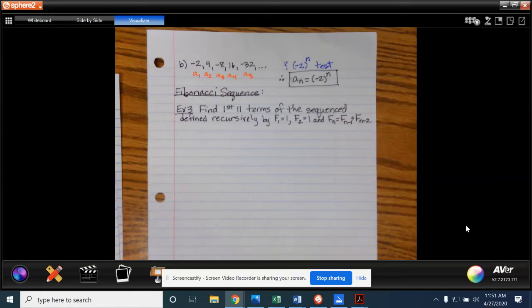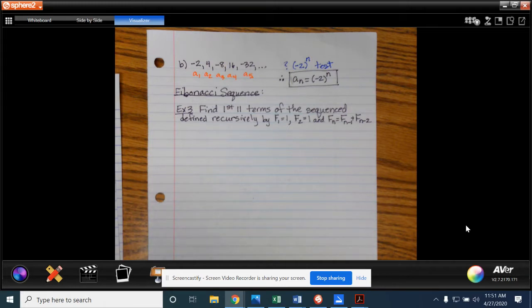All right, let's continue with 8.1 notes, and this is regarding the Fibonacci sequence. You may actually know about this already, but let's look at what that is. So next example, example 3, is to find the first 11 terms of the sequence defined recursively, which we just